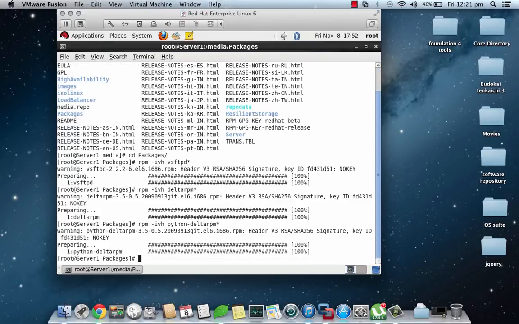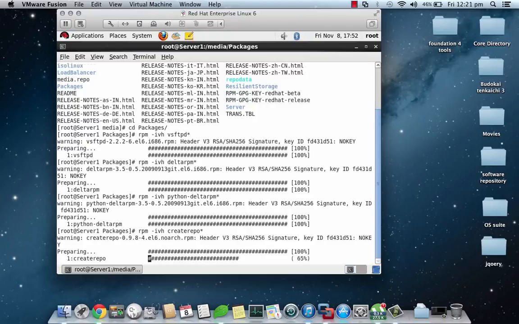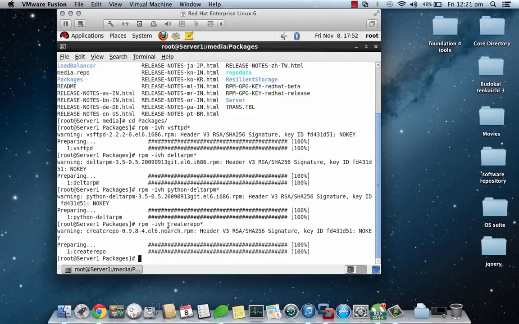Now once this is done, we can install the package named createrepo. This basically is the command for creating a repository. If you have not installed this package, you won't be able to create the repository which is required for Yum configuration. So kindly make sure all three packages are installed. Since the first two packages are the dependencies of this package, you should install these two packages before installing createrepo. Okay,